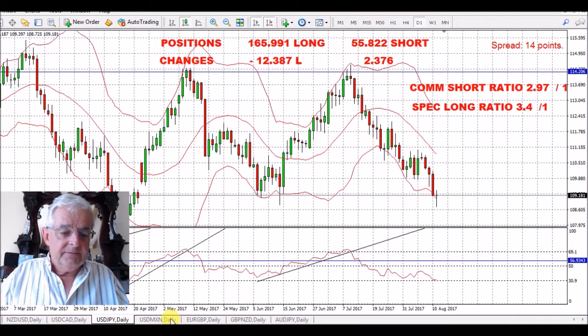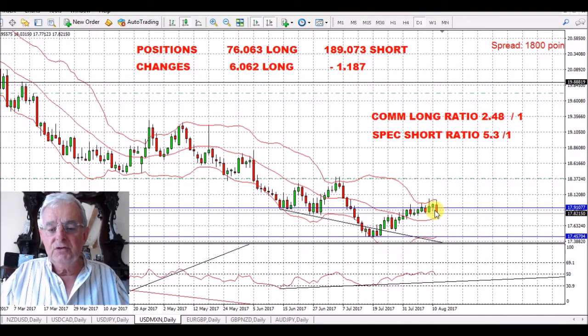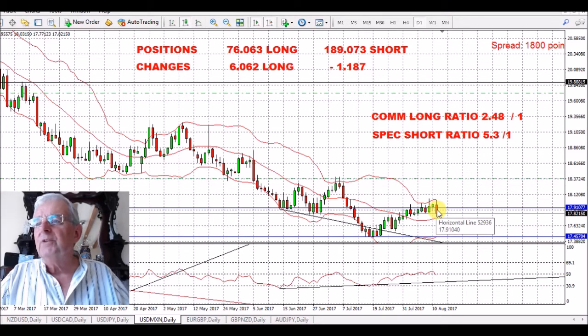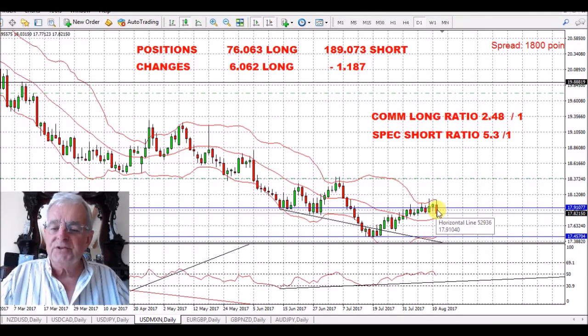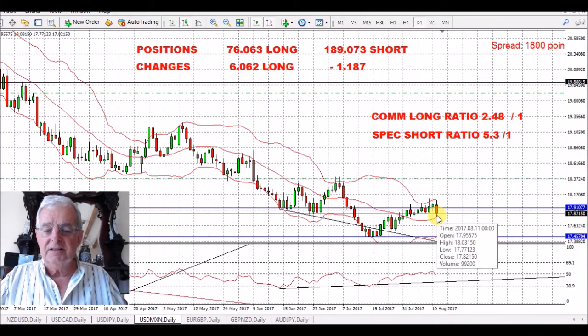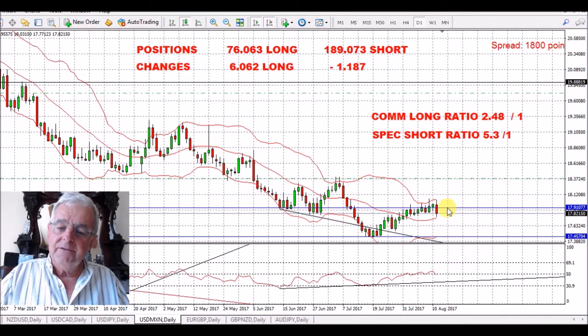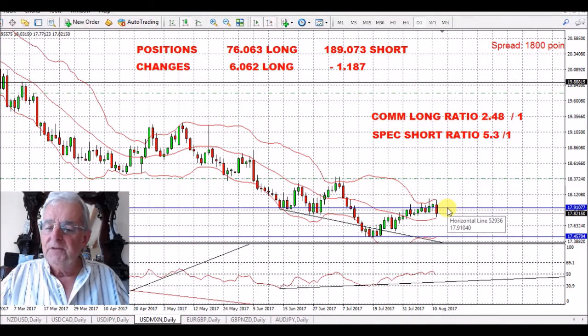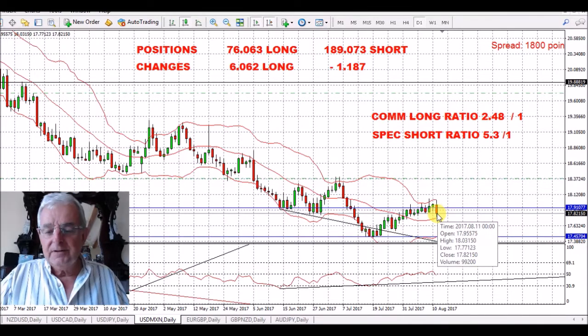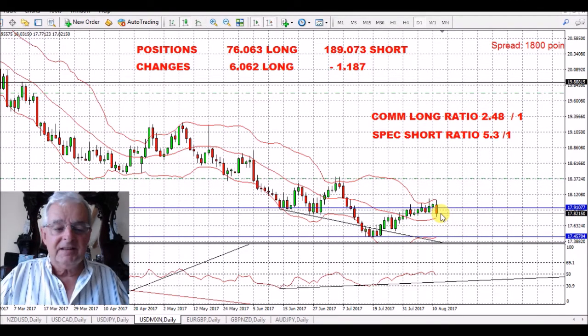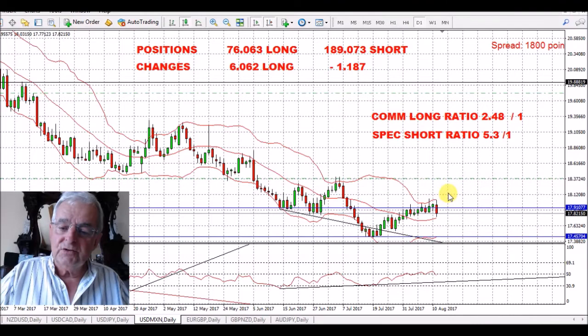We came off with the bearish news on Friday, which wasn't really that bearish. The CPI was still positive. It just wasn't as positive as they expected, which isn't a biggie as far as I'm concerned. I think it's just going to continue. We did get over this resistance here, which is 17.9. We've come back down, and I expect by Wednesday we should be back up above